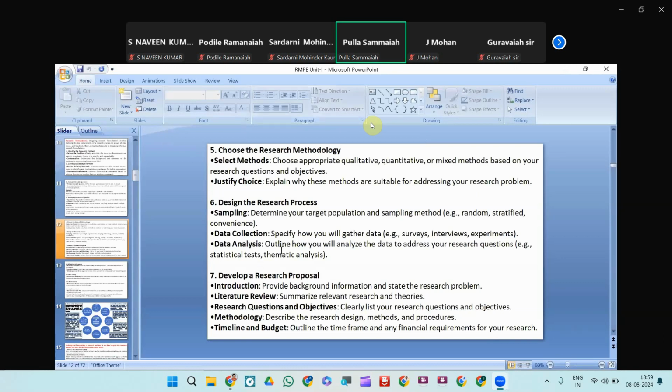So number 7, develop a research proposal. This is extraordinarily, extremely important. This research proposal is, see, once you, as a scholar, under the guidance of your supervisor, are able to design a research proposal according to your concept, based on your